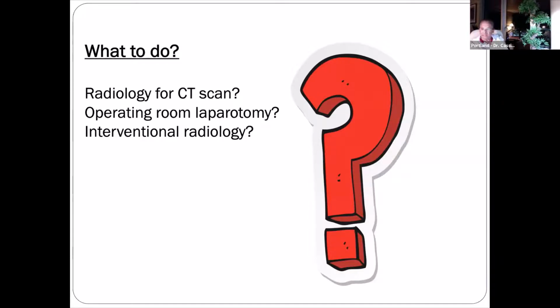I think in my hands, I would go straight to the operating room in a patient who is hypotensive. He has responded somewhat, but he's not maintaining his blood pressure accurately. And I would surmise that he is bleeding and I need to stop the bleeding, and the bleeding is most likely coming from the abdominal cavity. Hence, I would go to the operating room first.